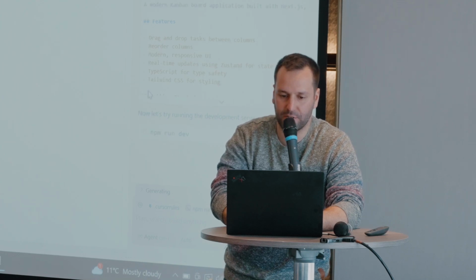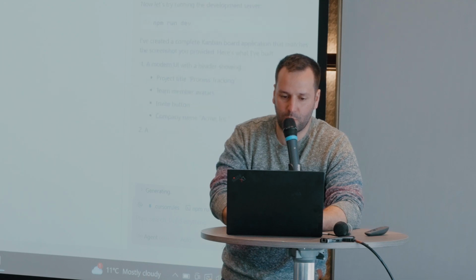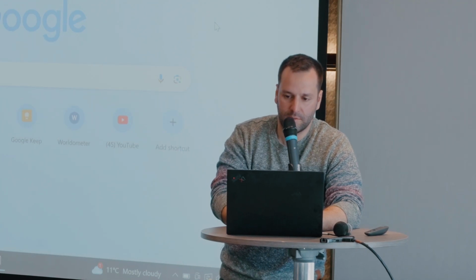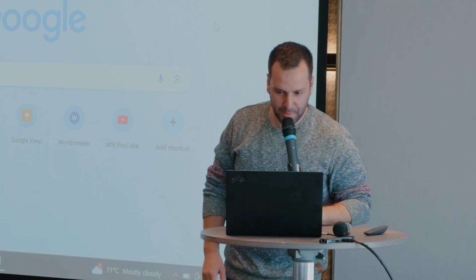So let's do it. Open terminal. Okay, it's on localhost 3000. I'm copying this link. That's the moment of truth. Voila, we have a Kanban board like Notion or Trello that we just created. We can even move columns. Maybe we can add cards, not yet. That's not a problem, because now we say, great, buddy, I love it.